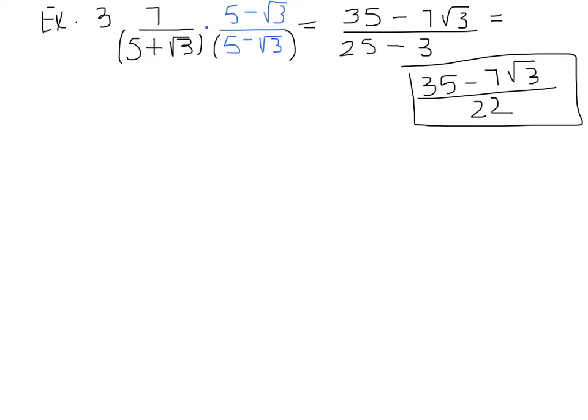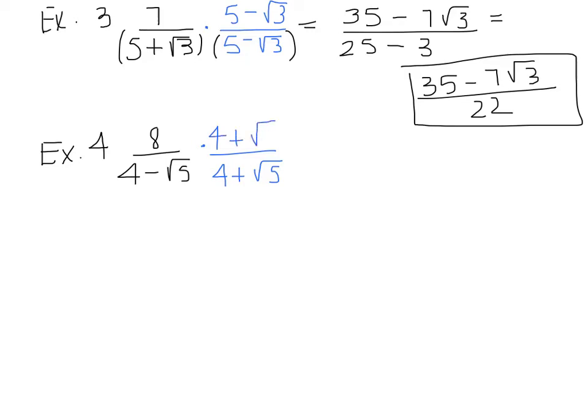And then you would do the same, or similar, if this was a minus. So if you had 8 over 4 minus square root of 5, then the conjugate would be 4 plus the square root of 5. So in the top, you're going to get 8 times 4, which is 32, plus 8 times the square root of 5,